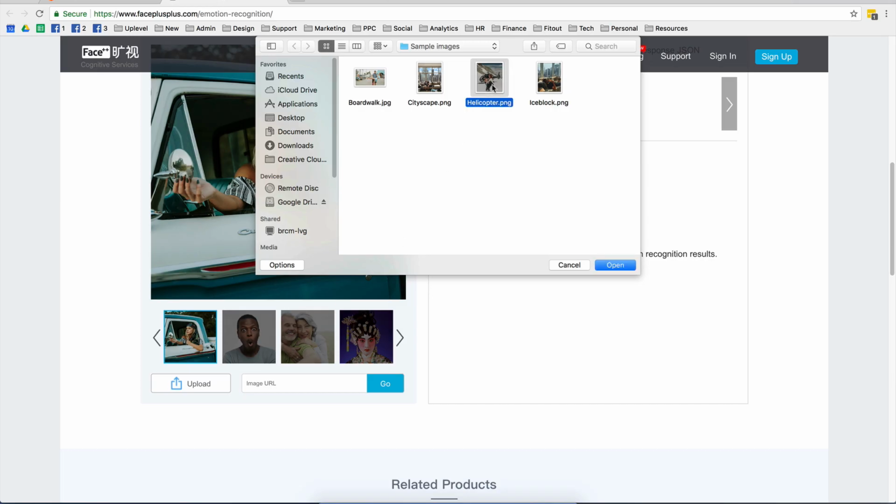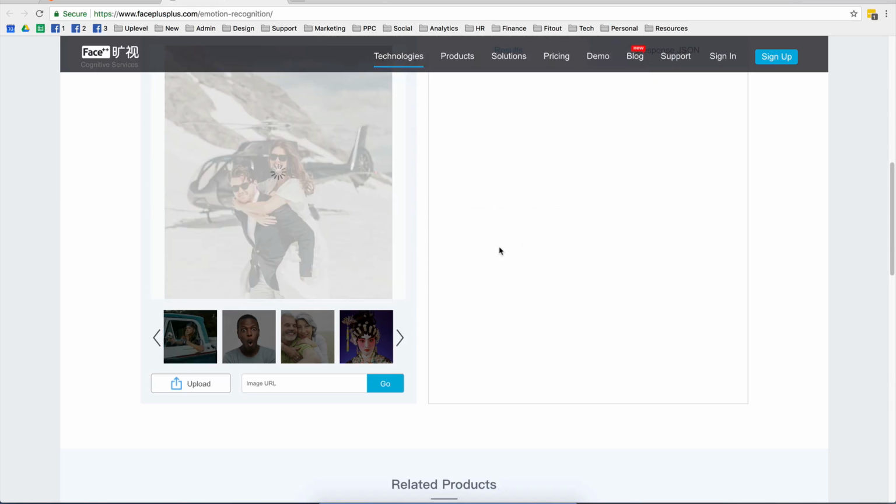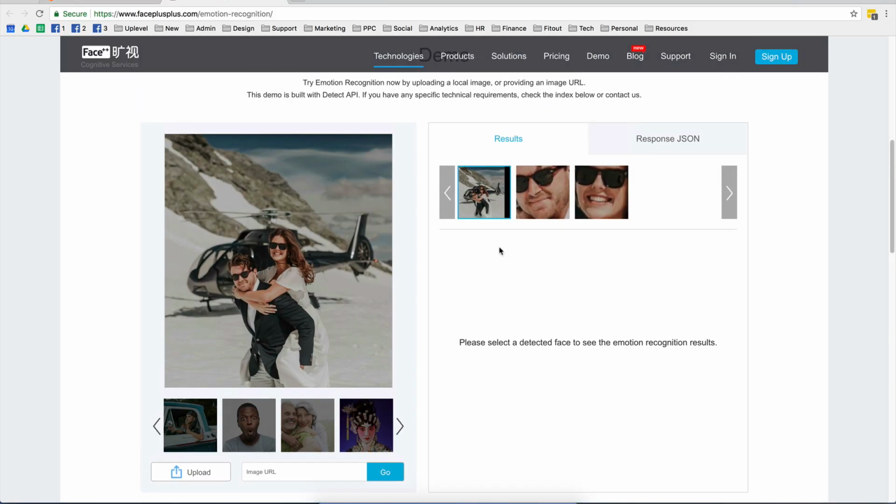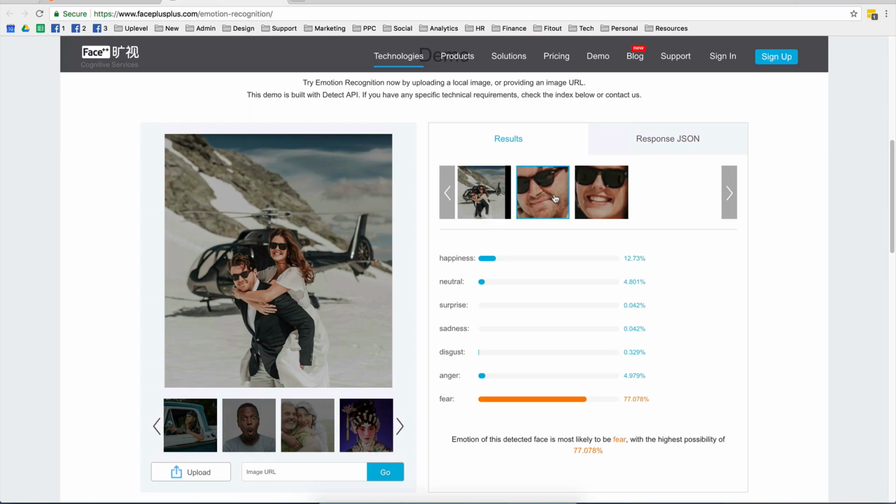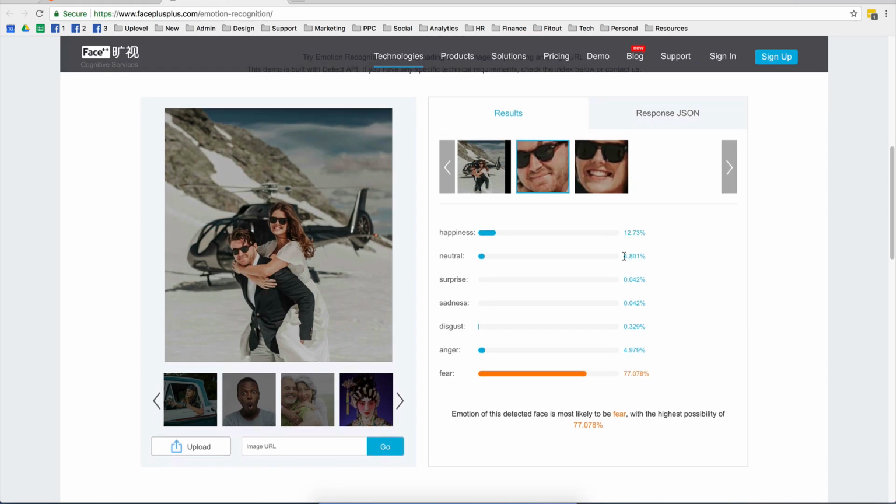And then I'll use this image. So you can see that as soon as it's loaded in, it can detect the two faces, mine and Ashley's, my wife. Now if I click on mine, my response here is happiness. So, there's happiness here, but there's also fear, which is actually interesting, which can be caused sometimes by the glasses. But if you look at me there, it doesn't really look fear, but this is fascinating to see what it's